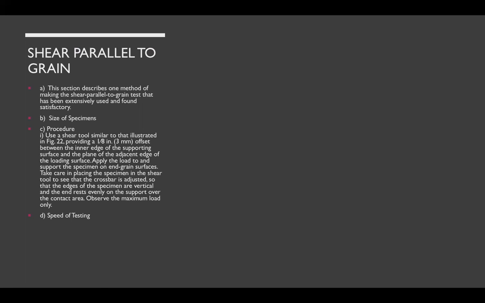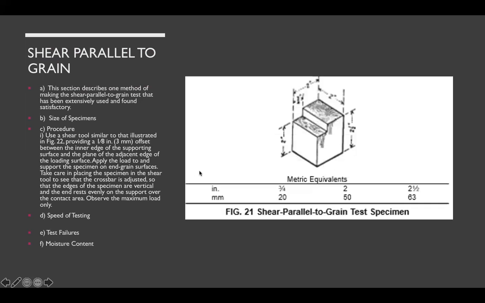So for size of specimen, the shear parallel to grain test shall be made on 2 by 2 by 2 1/2 inches or 50 by 50 by 63 millimeter specimens, notched in accordance with the procedure. So the procedure, use a shear tool similar to that illustrated in the figure here,